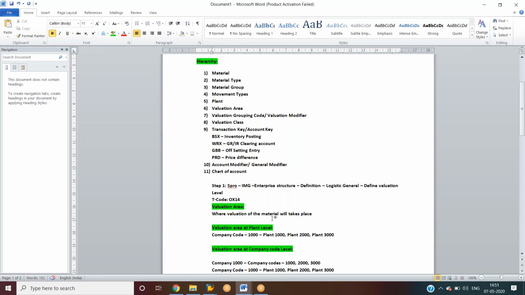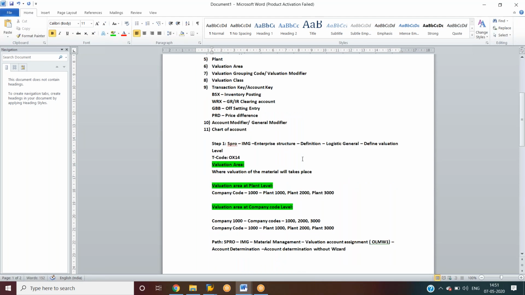So what is valuation area? Where the valuation of the material takes place. If you maintain the valuation area at plant level, the value of the material will differ from plant to plant.